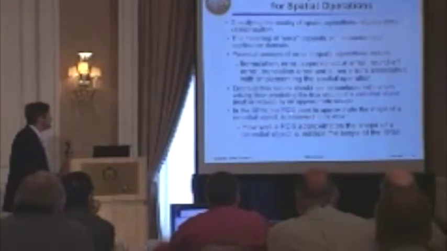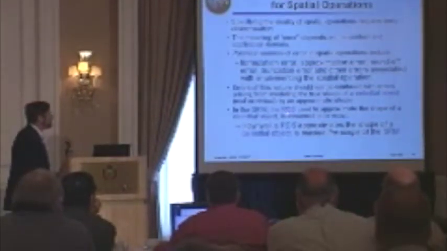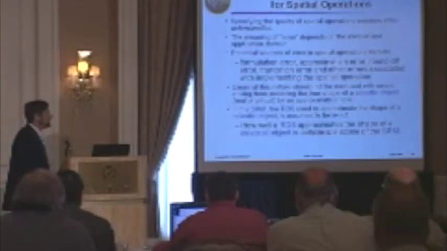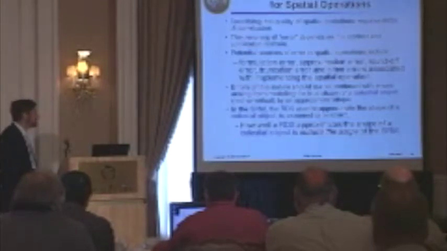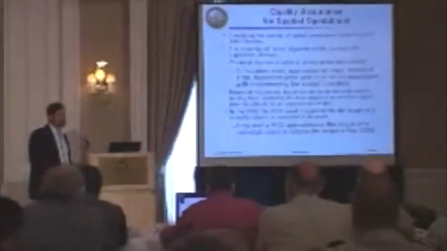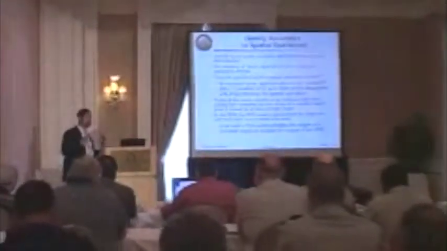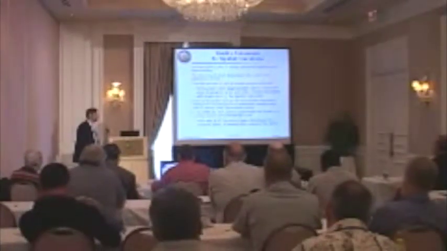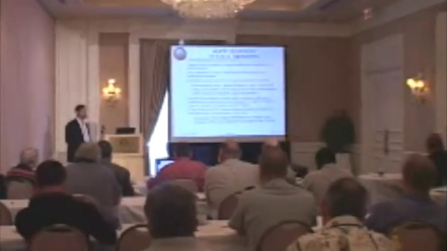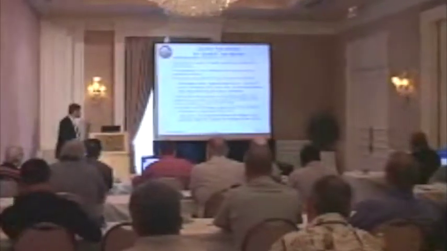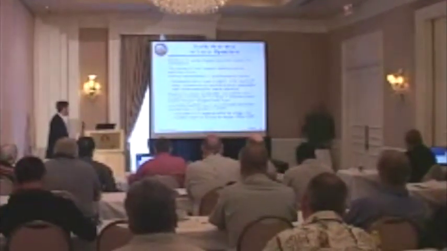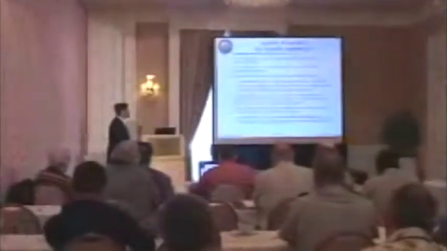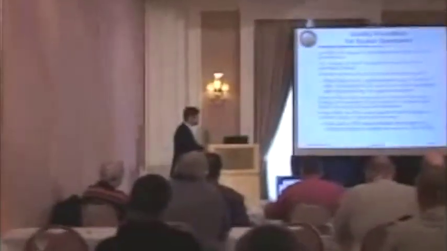In the SRM, the reference domain sets used to approximate the shape of a celestial object are assumed to be exact. In other words, all our error computations are in relationship to this mathematical construct of the spatial object we're dealing with. So in the case of the Earth, we're not dealing with a topographical surface, we're dealing with an oblate spheroid. How well an oblate spheroid approximates the shape of the Earth is outside the scope.